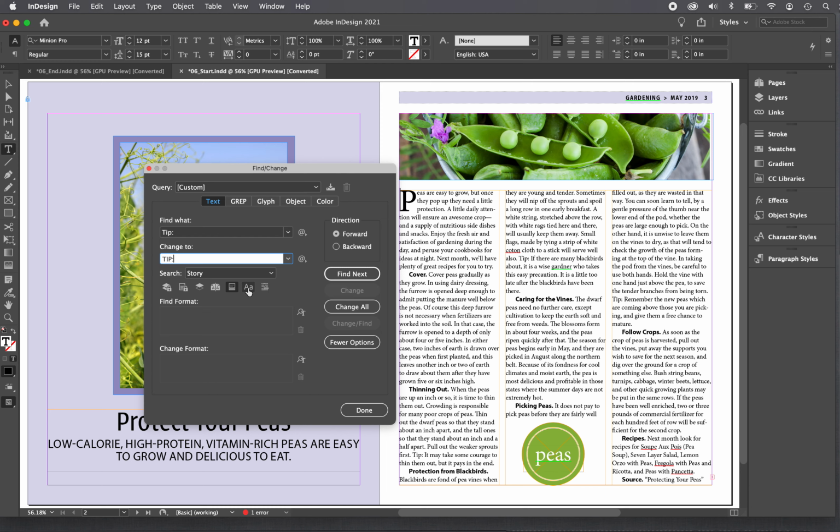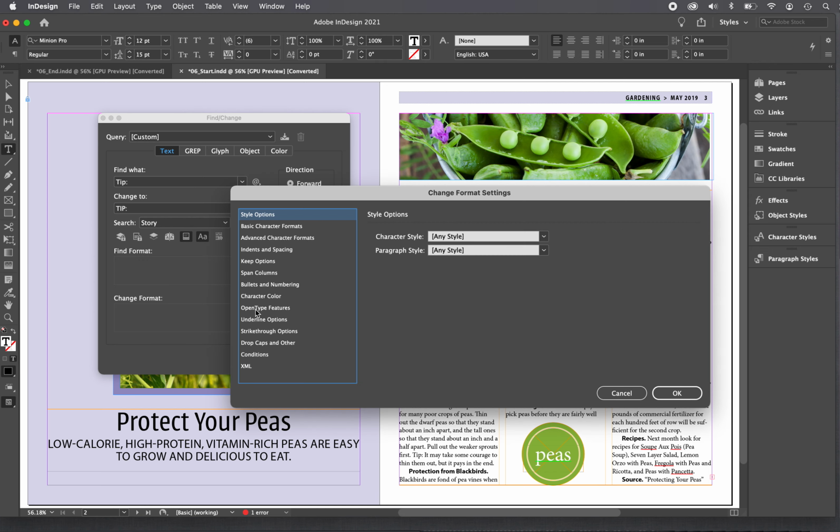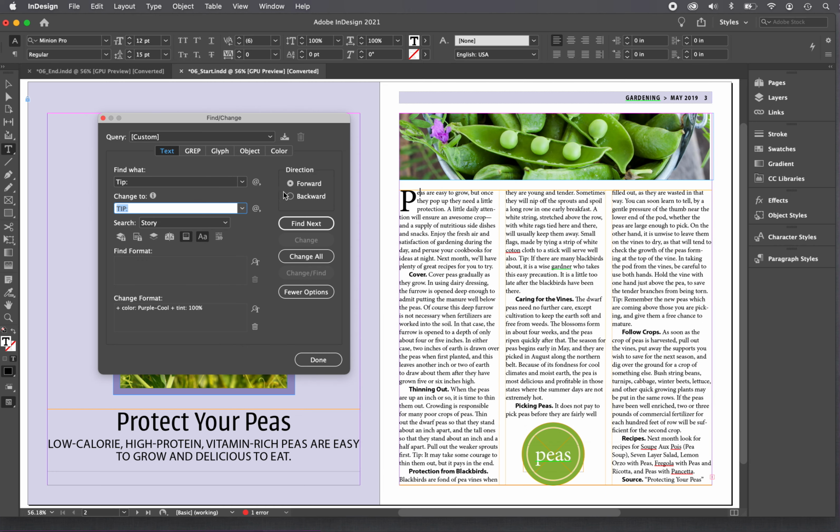In this case, I want you to make sure case sensitive is clicked. In the change format section at the bottom of the dialog box, click specify, and let's change the character color to purple. Let's make sure the tint is at 100% and click OK. Now you can say find next,